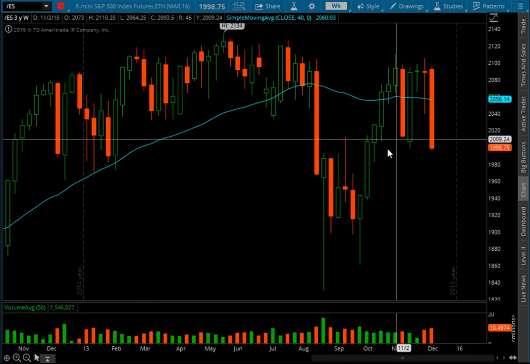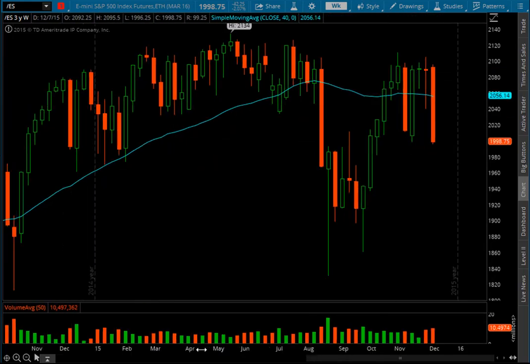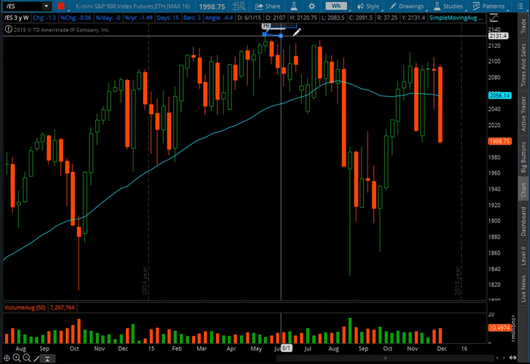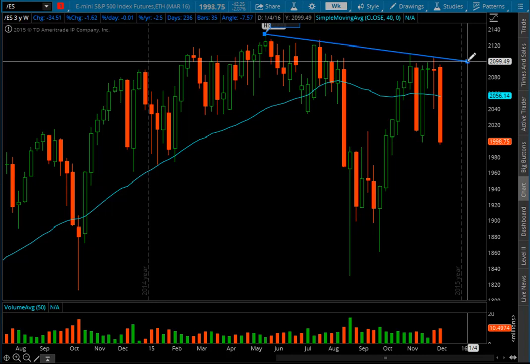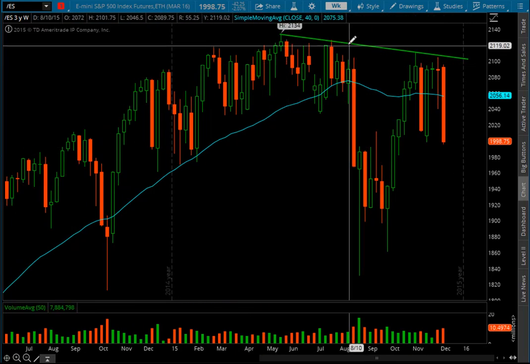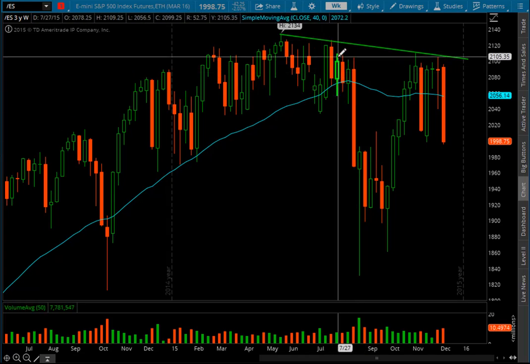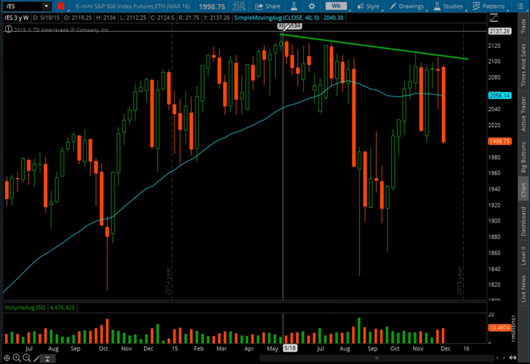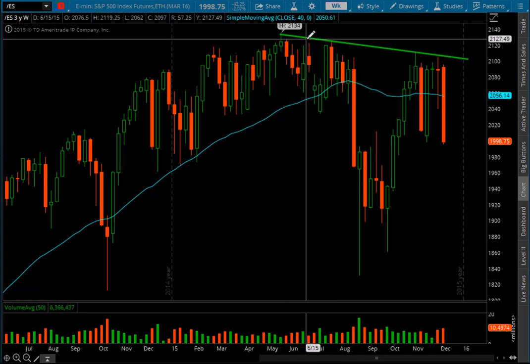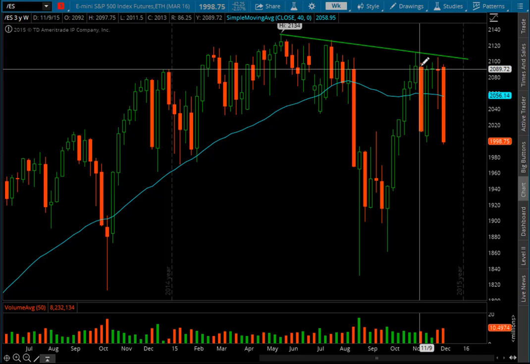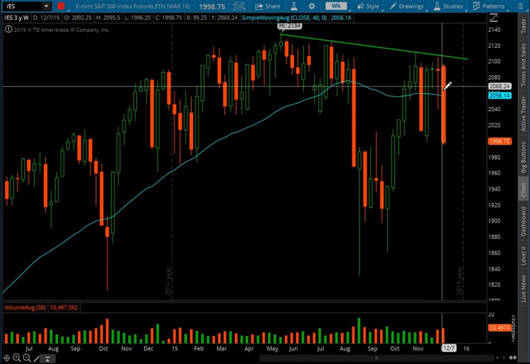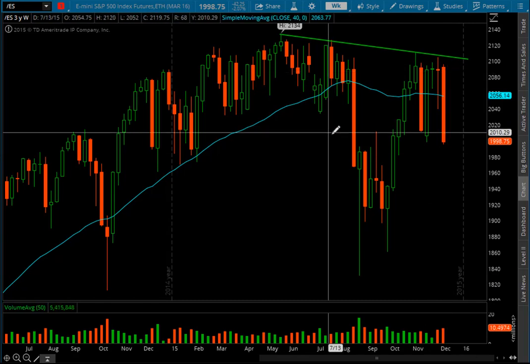So let me line up something, okay? Let me zoom in a little bit here and draw my tool. Let's connect some points, the lower highs. This here is where the weakness started. Once the price never closed above that, it was telling us that we are possibly trying to turn to the downside. Sure enough, we had another retest of this trend line to the bottom side,